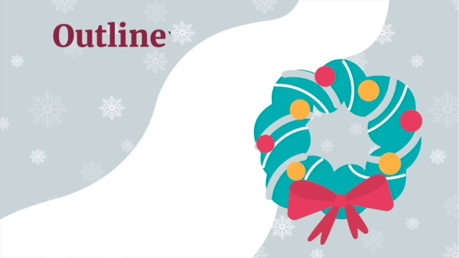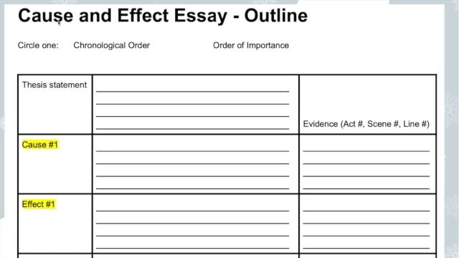To the outline, which is our main focus today. This picture here does not show the full sheet that you have. It only shows the first cause and effect. You have 2 more on your sheet for a total of 6 pieces of evidence, 1 for each cause and effect. As I stated, you need to make sure you do the thesis statement first if you don't have that done. It's 1 sentence. It is the foundation of the rest of your paper, so you need to do that first.